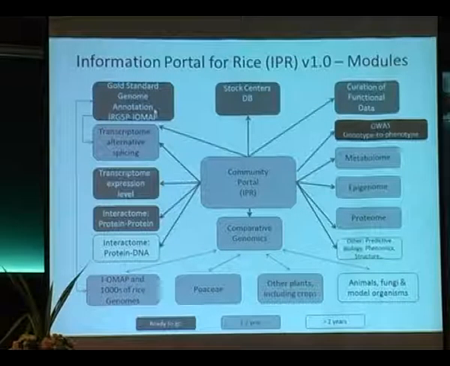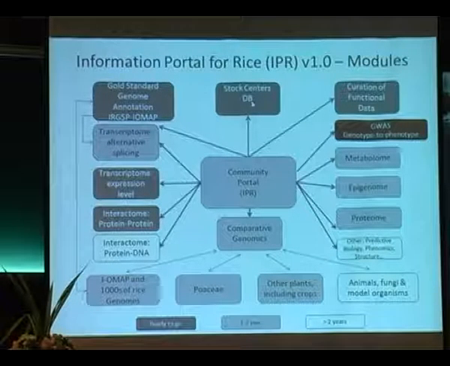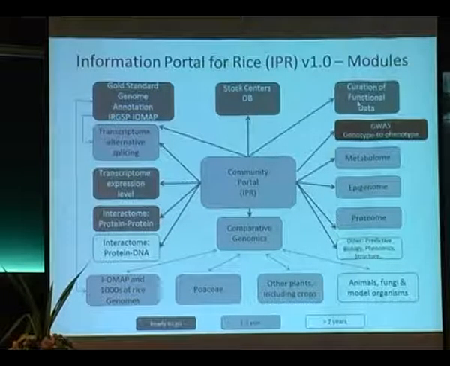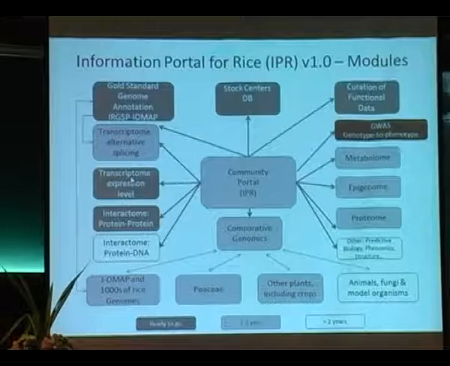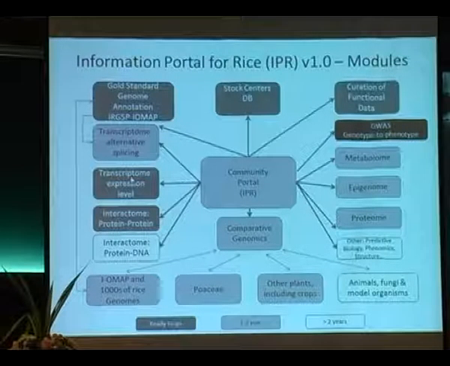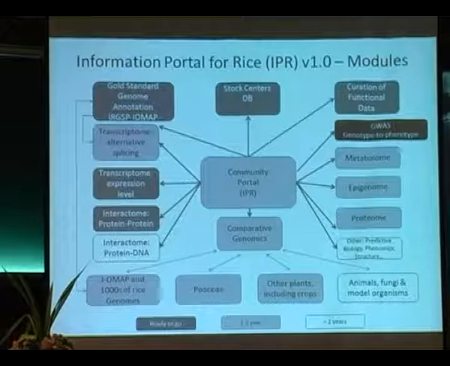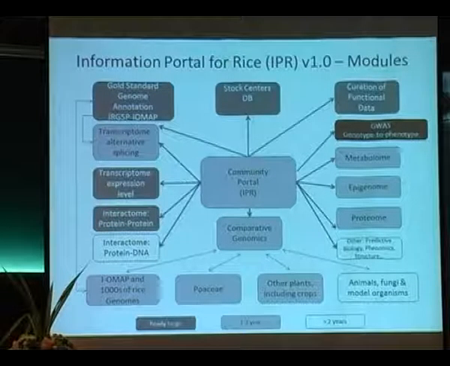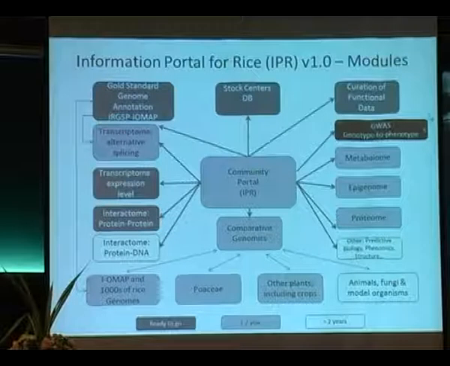Right now we have GWAS, which is pretty much ready. Gold standard genome data sets are ready. Stock centers are ready. Functional annotation of the genes and the genomes is happening as we speak. Transcription data sets, much of them are mature and published, about 700 to 800 or about 1,000 experiments, and protein and molecular interaction studies. So I think a few of these things are already ready.